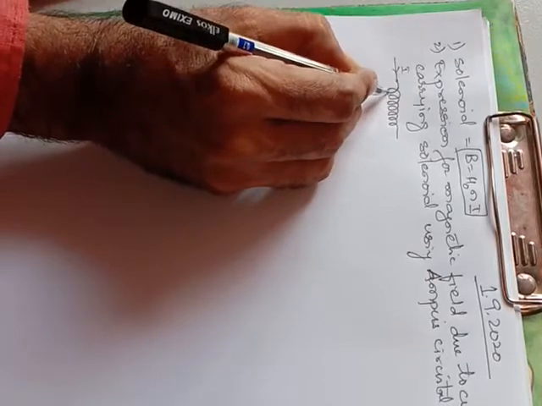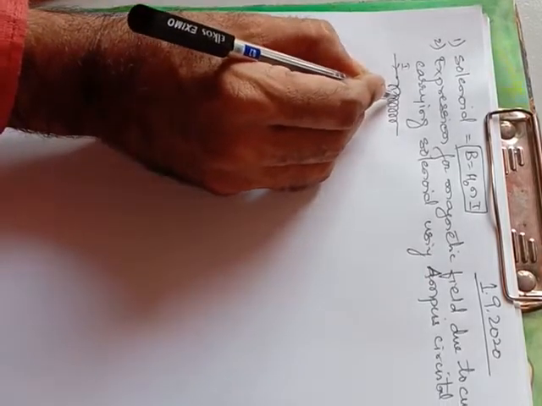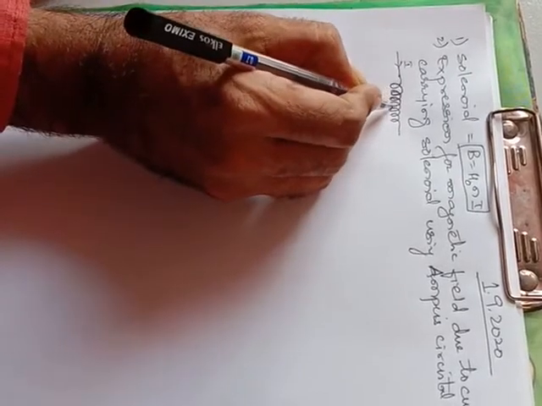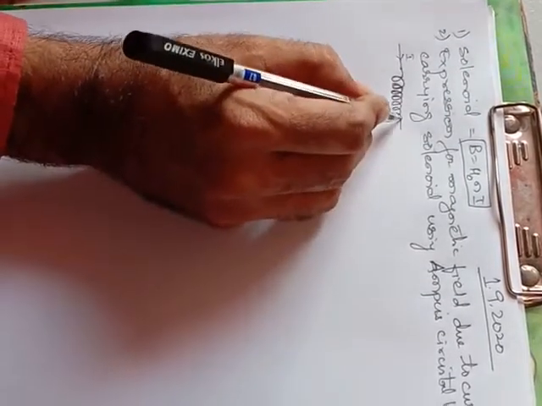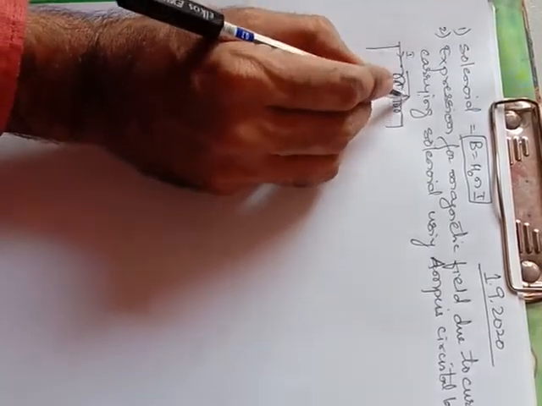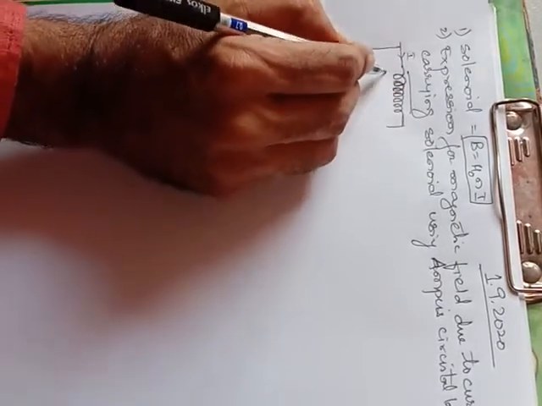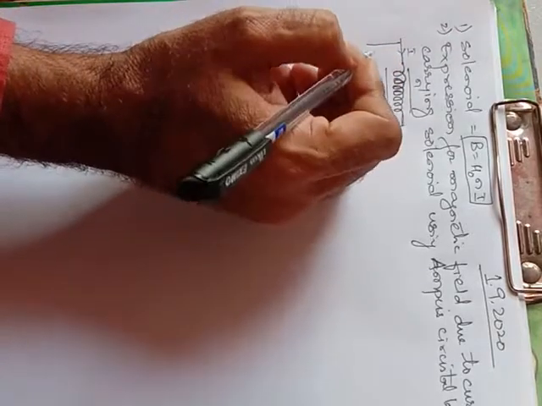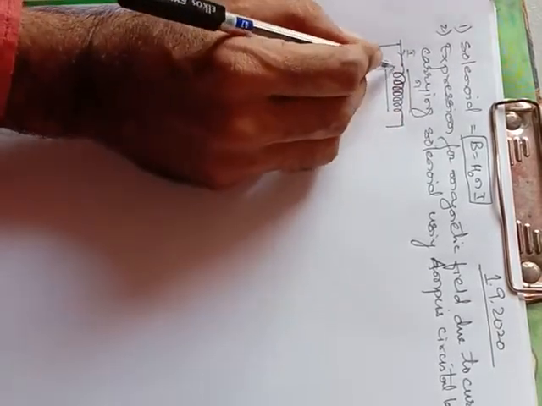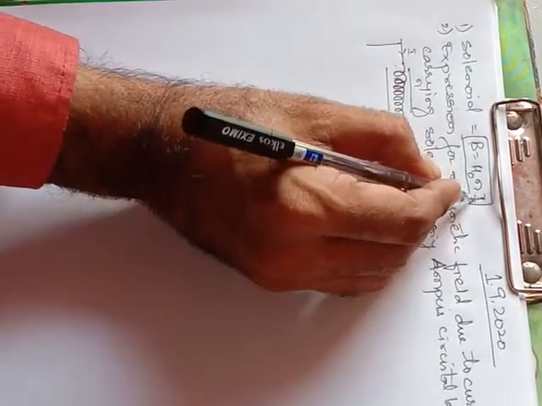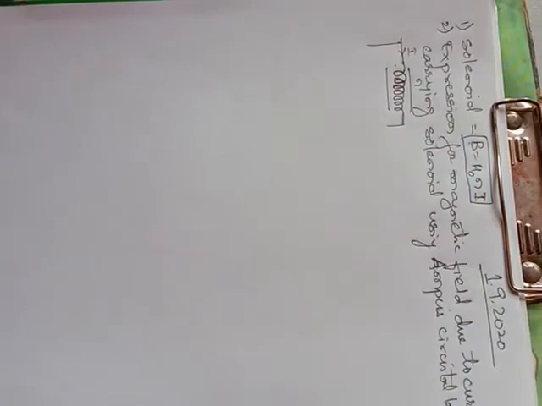The current will move to the first circle, then to the second circular coil, then to the third circular coil, then to the fourth. In this way the current will be flowing throughout the coil. So the length of the coil has number of turns small n. So the total magnetic field inside this solenoid is B is equal to mu naught n I. This derivation we have seen yesterday.